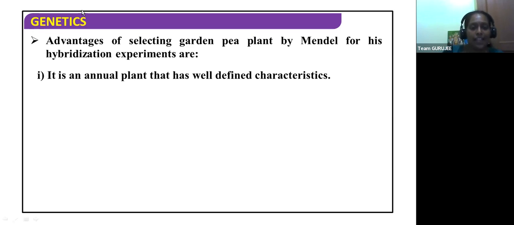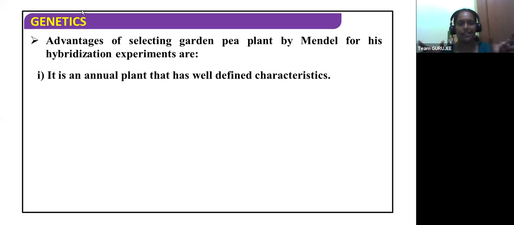So there are 3 kinds of plants. An annual plant will complete its life cycle, from the plant development to the fruit production, everything in one season. And it will die after that. So that will take only one season. For example, peas: an annual plant completes its life cycle from germination to seed production within one growing season. The first 3 months would be vegetative growth, and the other 3 months would be reproductive growth.